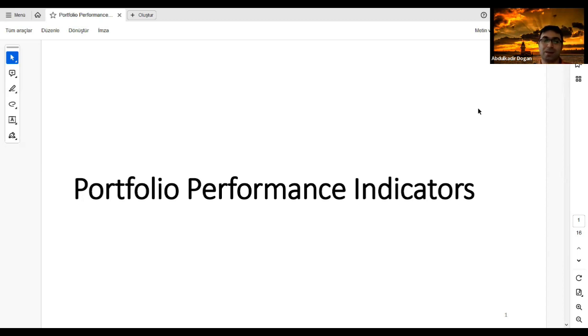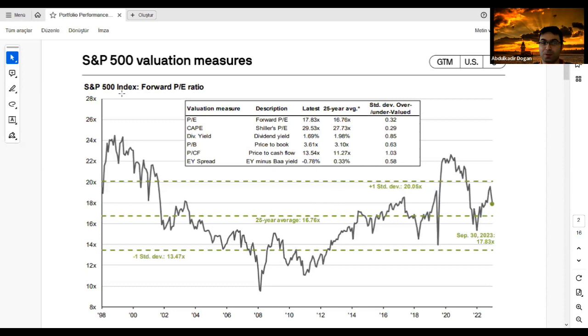So, as I say, today we will try to cover the portfolio performance indicators. What do we mean by portfolio performance indicators? In the first slide, you are trying to see the S&P valuation measures. S&P 500 means the biggest 500 companies in the United States market. And this slide shows that on the y-axis, as you see, 28x, 26x, 24x. This means that